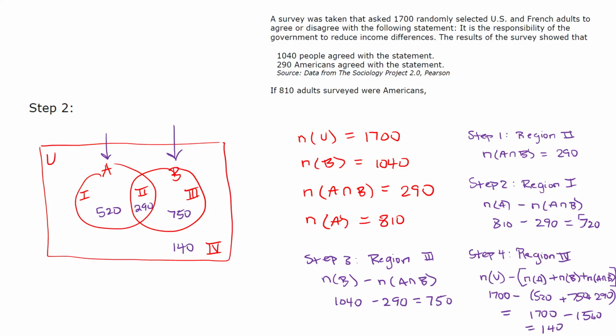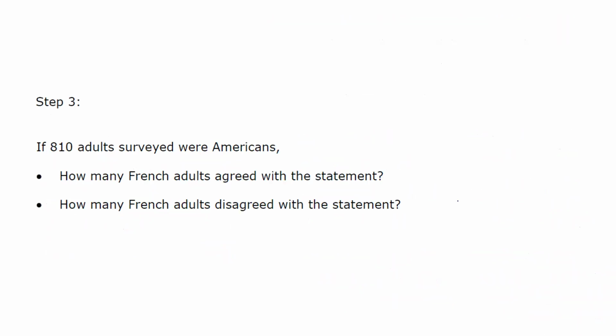So anything outside of set A would be considered the French adults. So the people who are French who also agreed would be 750. So that would be in region